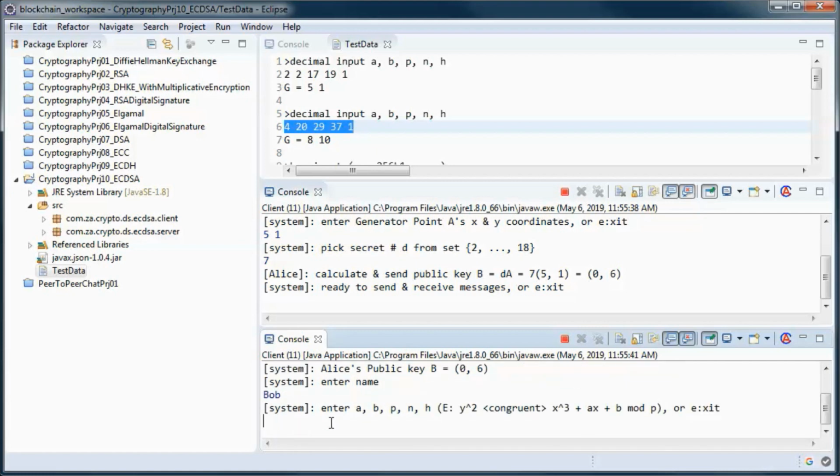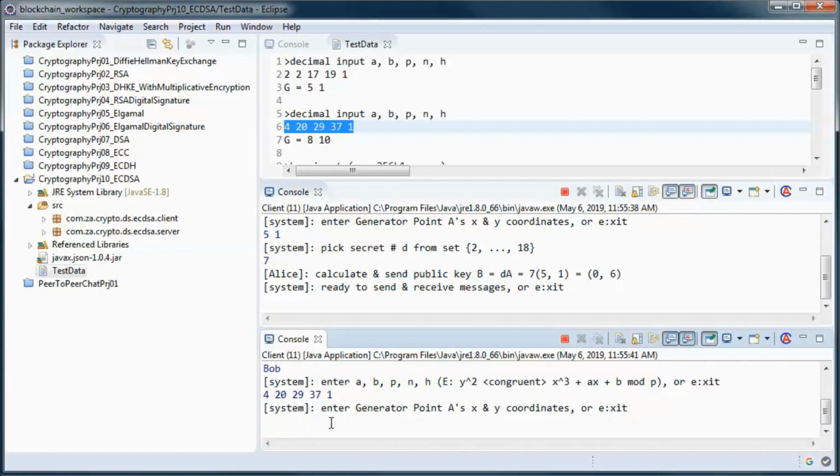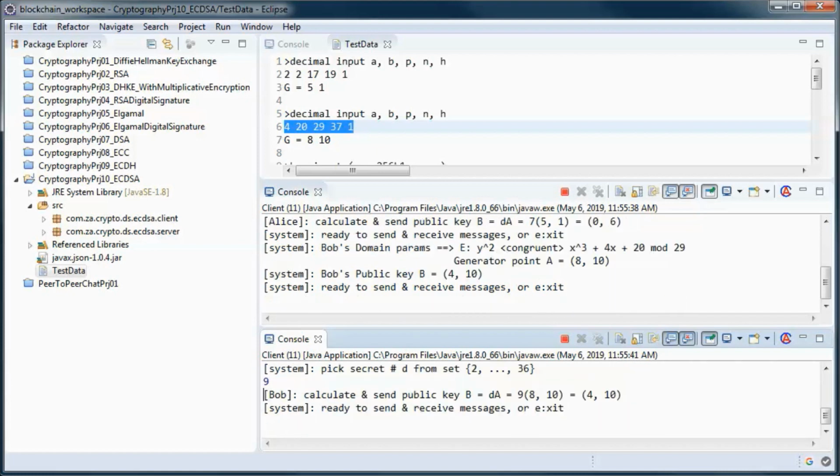And Bob will use this curve with this generator point. And let's say we have this key.